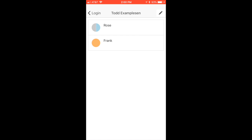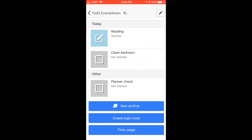As your student progresses through all the items on their schedule, you can keep track of it inside the app. If we tap on Rose, we can see she's got reading and clean bedroom that are due today. She hasn't started clean bedroom, which is gray, and then a light blue means that she has started reading. The other possible statuses are a dark blue for submitted to the checker, a red means returned from the checker, something else needs to be done, orange means that parental confirmation is required, and finally green means that it's checked